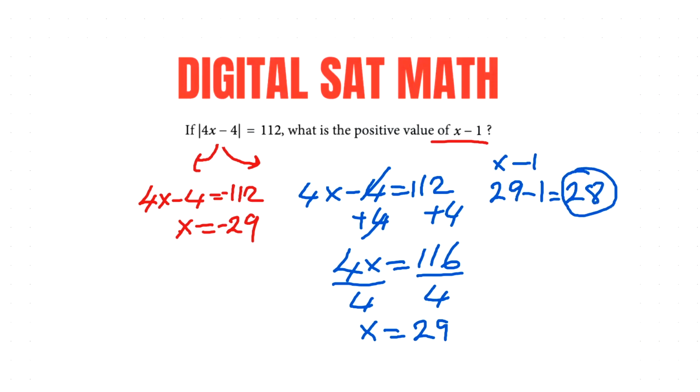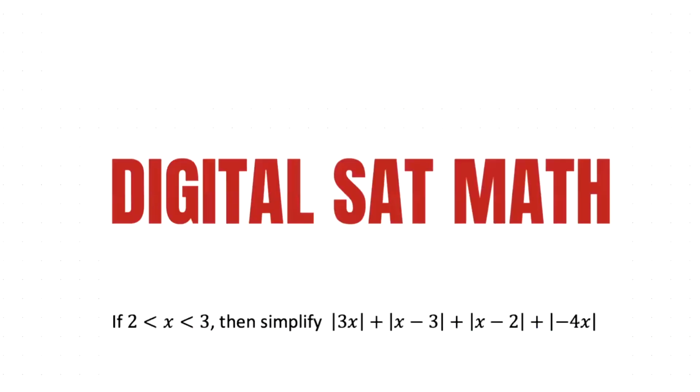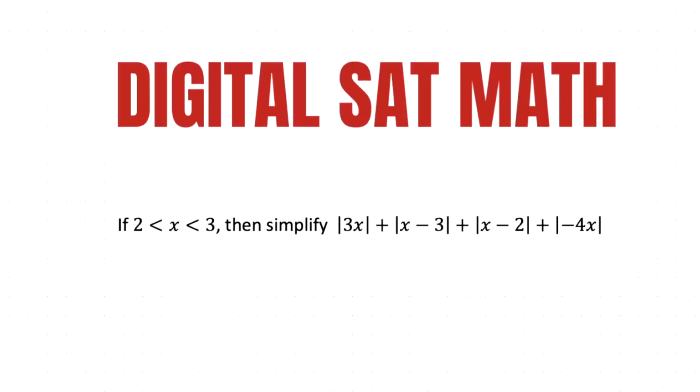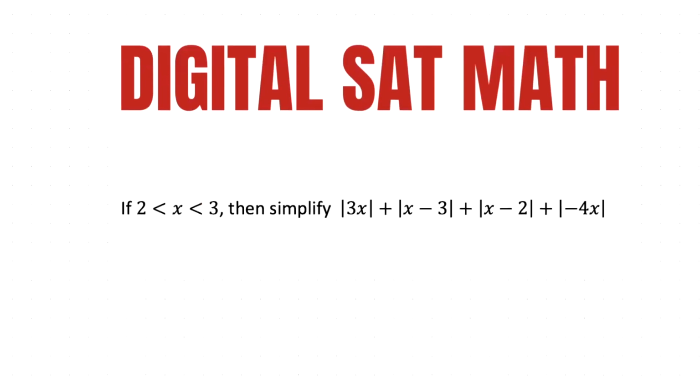I have some other types of absolute value questions similar to the digital SAT math format. You might face these problems. So let's move on to the next one. If 2 is less than x, that is less than 3, then simplify